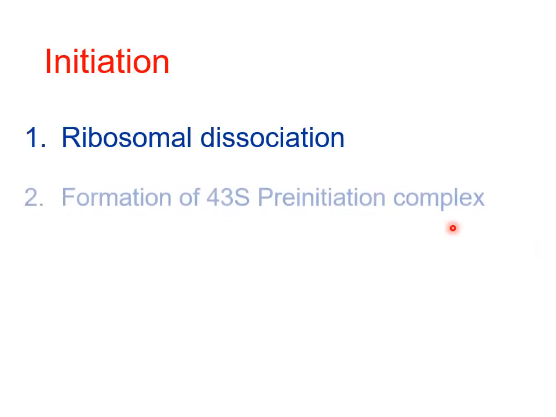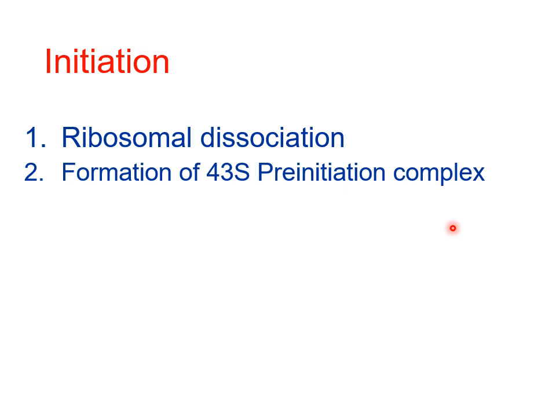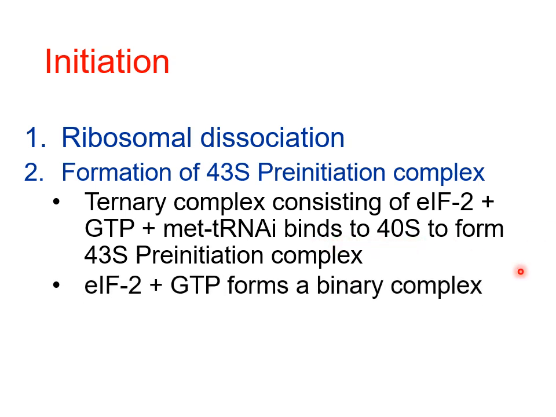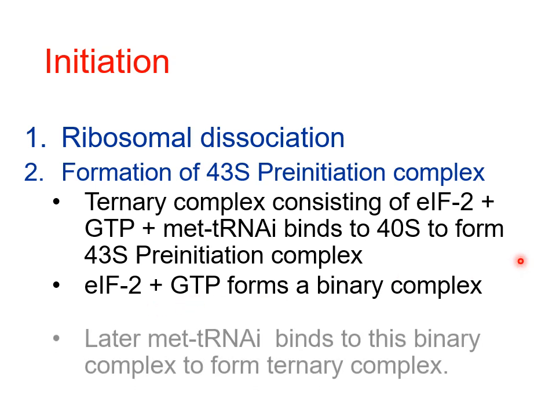Now, coming to the second step of initiation, that is the formation of 43S pre-initiation complex. This occurs when a ternary complex consisting of the eukaryotic initiation factor 2 along with GTP and the initiator methionine tRNA binds to the 40S complex. To begin with, first a binary complex is formed when the GTP binds to the eukaryotic initiation factor. So these two together form the binary complex to which the